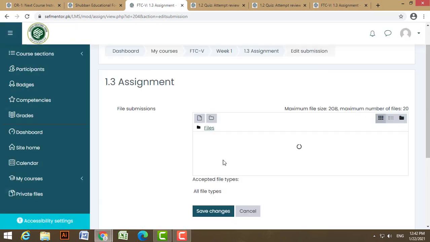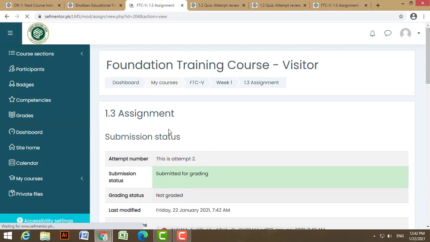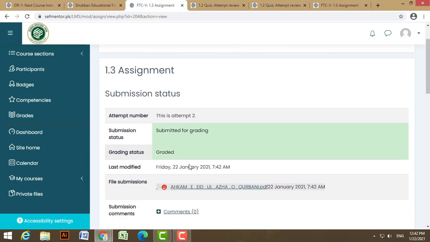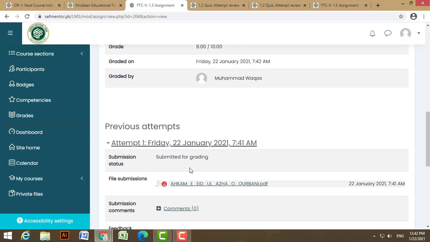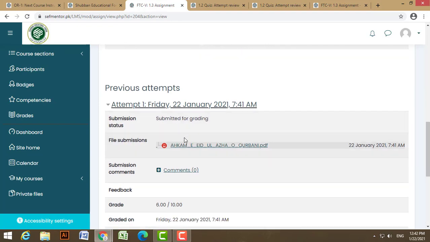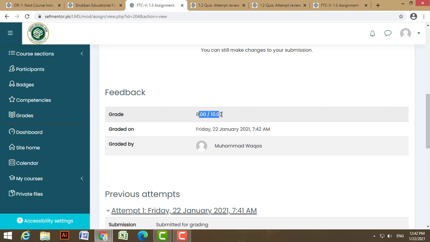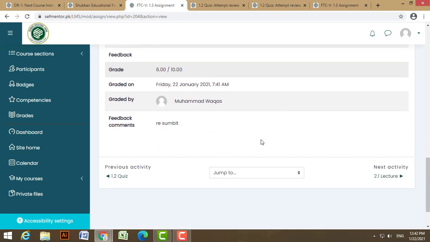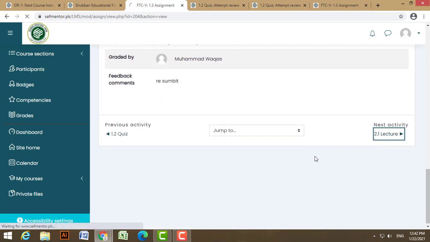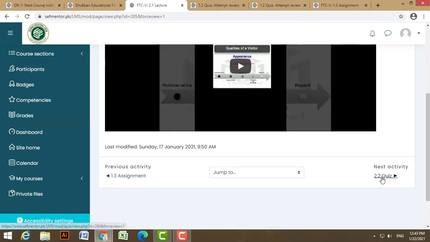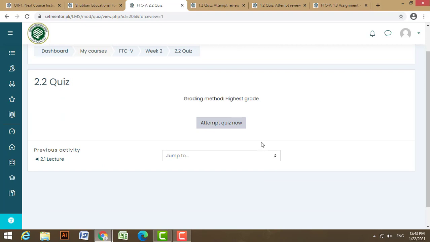The same process is repeated. Once a student is qualified, they are eligible for our next phase, which includes their lecture, quiz, assignments and so on. This process is repeated again and again.